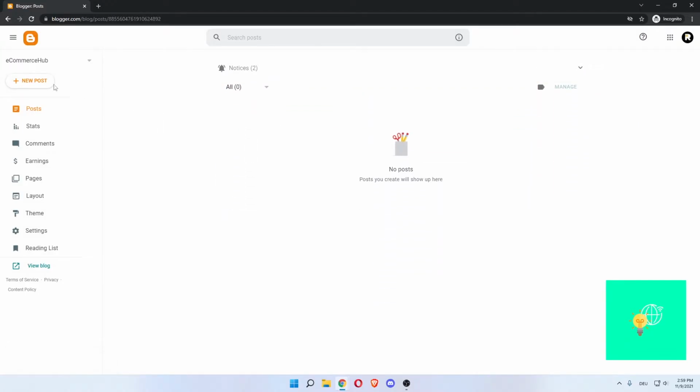So as you can see here, e-commerce hub is now our blog. You can use this drop-down menu to create even more blogs on this account. But for now, we'll go through how to navigate through this. The first thing you see is new post, which is the button you will click to create new post. But first of all, we'll go through all these other options in the menu on the left. There's posts, which will show all your posts that you have created. Then there's stats, comments, earnings, pages to show different pages you have on your blog, layout, theme, settings, reading list,